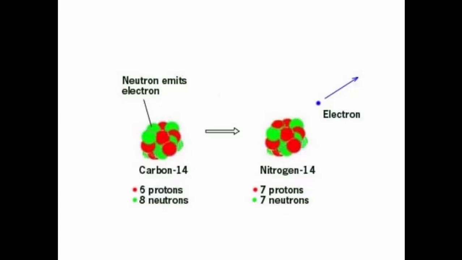What does that do to its atomic number? It goes up by 1. And is it carbon anymore? No, because carbon has 6 protons. It's nitrogen that has 7 protons. So this carbon-14 nucleus has emitted a beta particle and it is